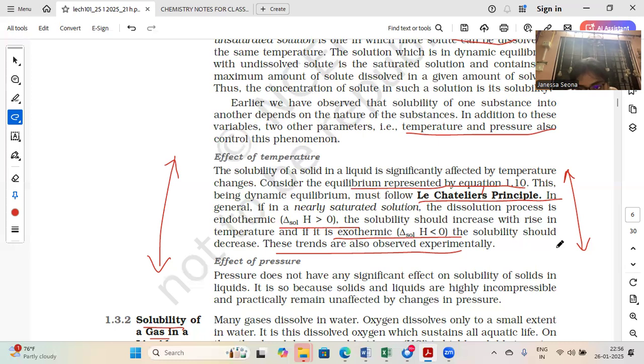To explain it in a simpler way, for example, exothermic reactions have delta H less than zero and endothermic reactions have delta H greater than zero. Exothermic reactions are those reactions wherein the heat is evolved. For such reactions, the reduction of temperature is favored to